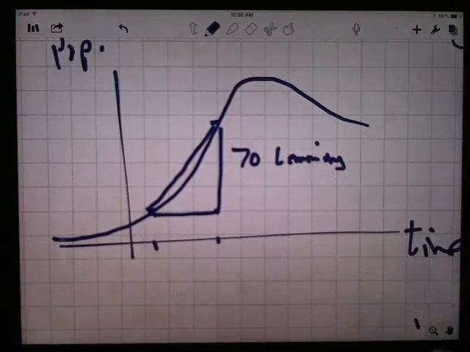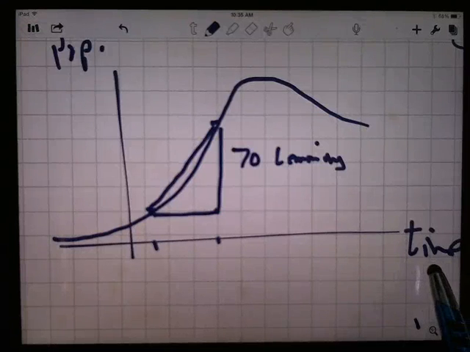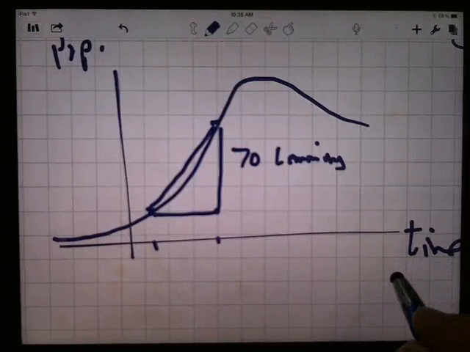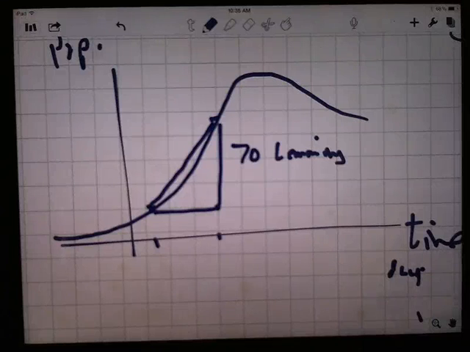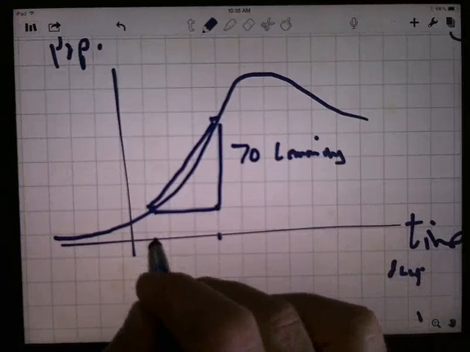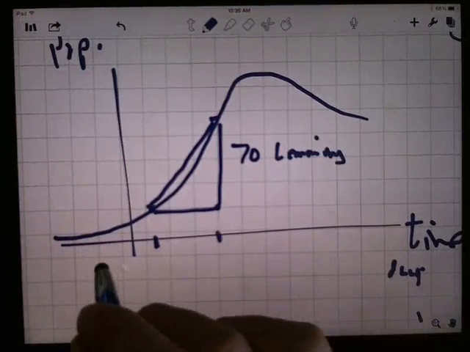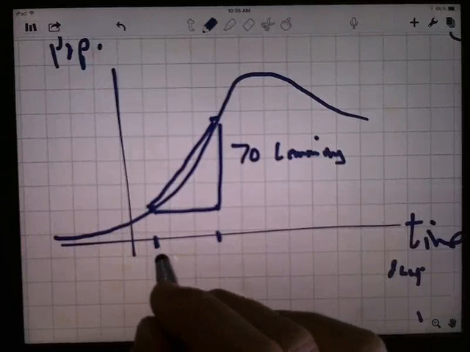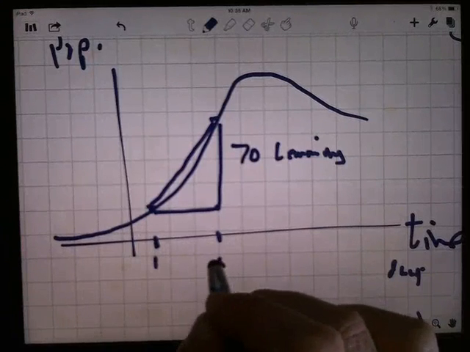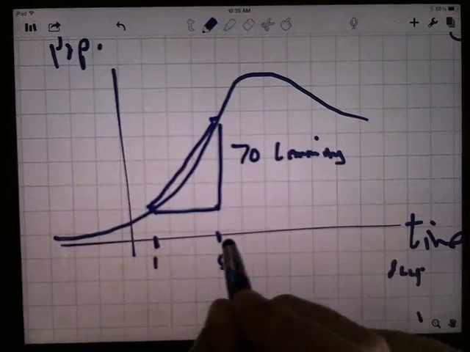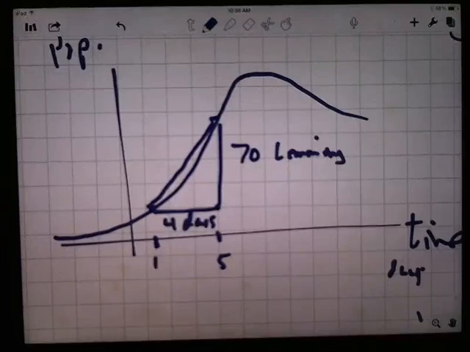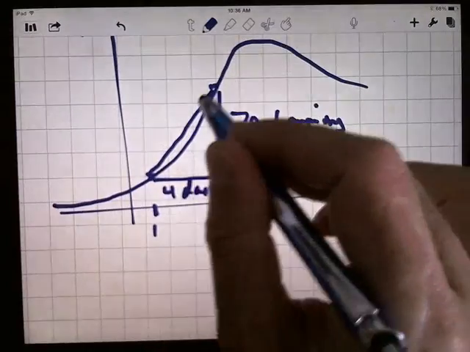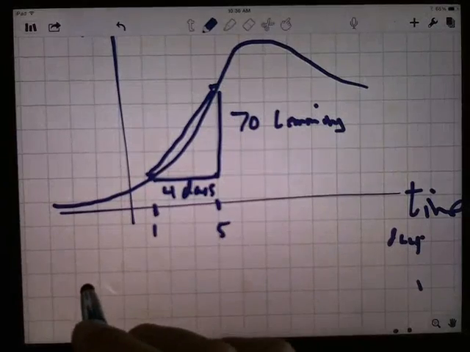So how is time being measured? Is this days or hours or years or what? Maybe time, let's just say, is being measured in days, just to pick something. So when I change from this time here to that time there, maybe this was day 1 and this is day 5. So the change in time there was 4 days. When I look at a slope of this secant line,